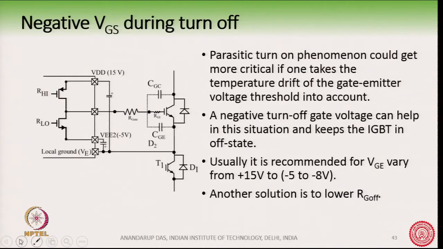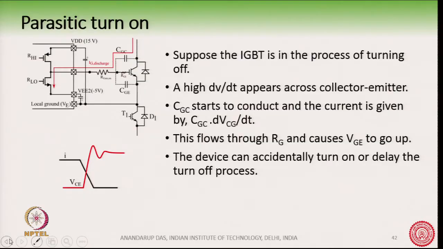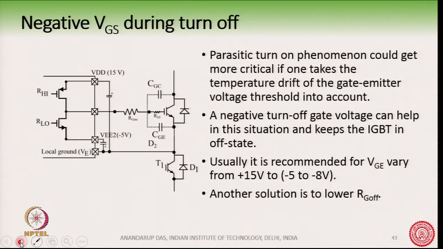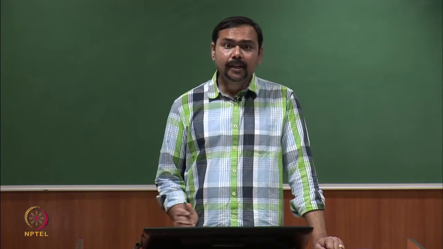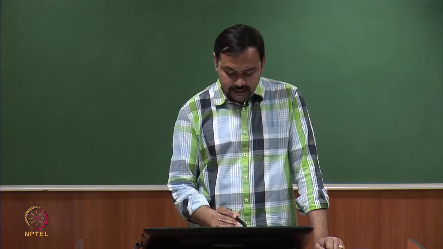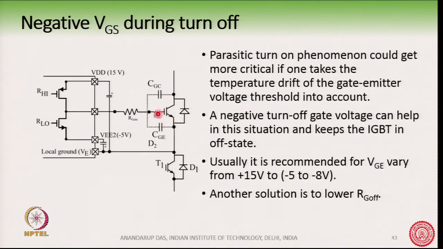Now you will appreciate why we had made VGS negative. So, another solution to take care of this parasitic turn on phenomena is to make VGS negative. Why? If you make VGS negative, that means this voltage, if you try to go into minus 5 volt,